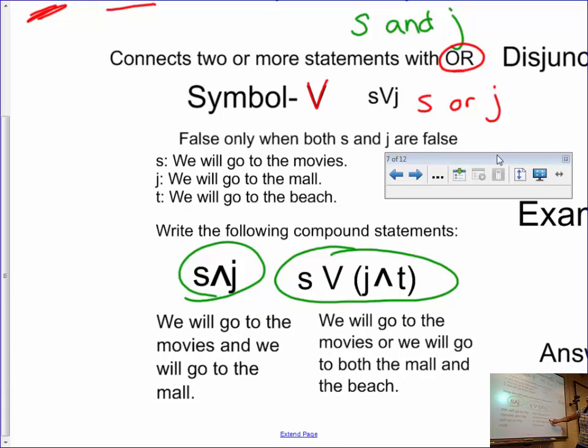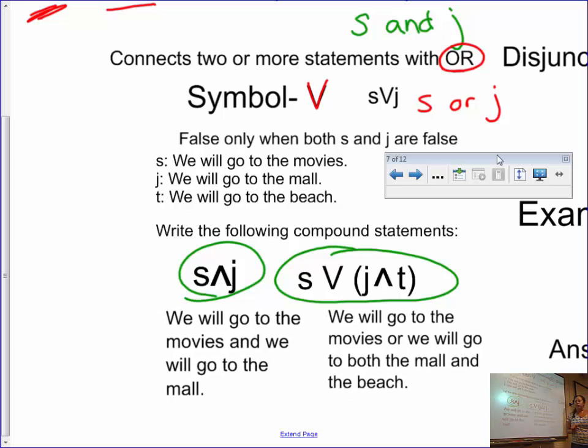All right, this is the answer that we came up with. So if S and J, then we're going to go to the movies and we're going to go to the mall. Okay, this one over here, S or, but then I want to make sure that I'm going to do J and T together. So we will go to the movies or we'll go to both the mall and the